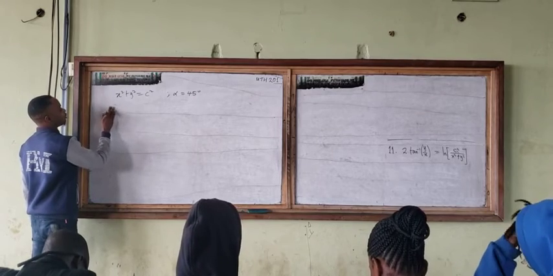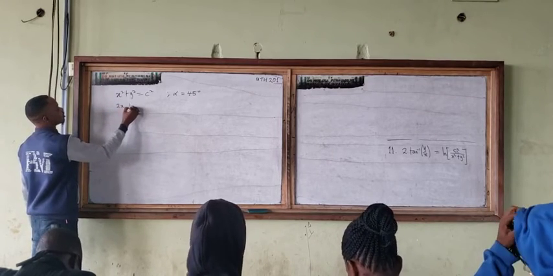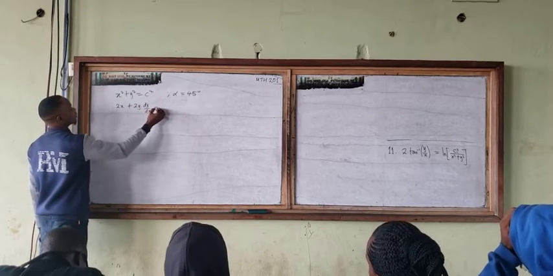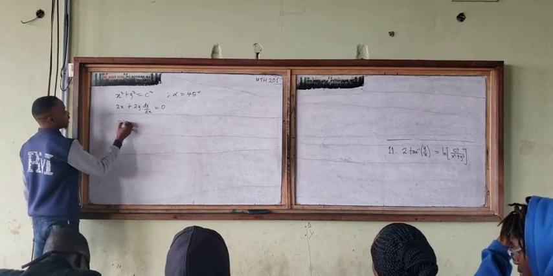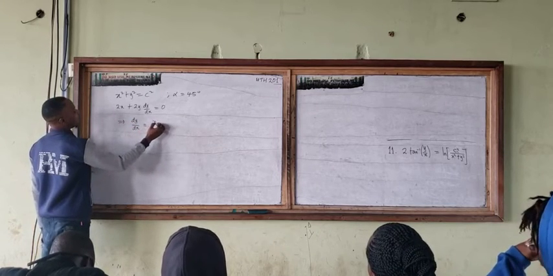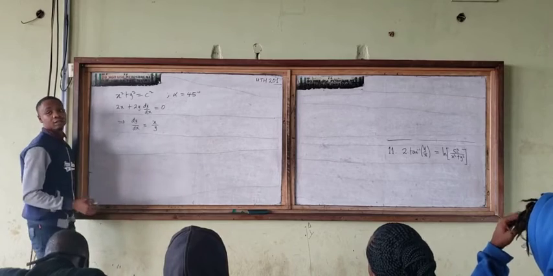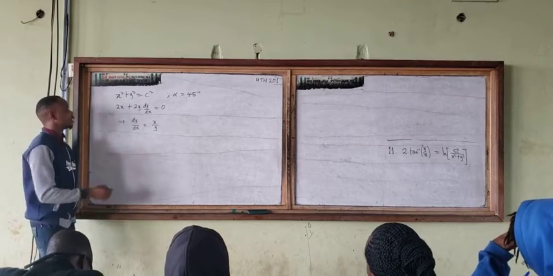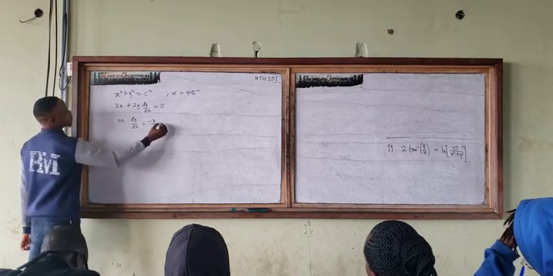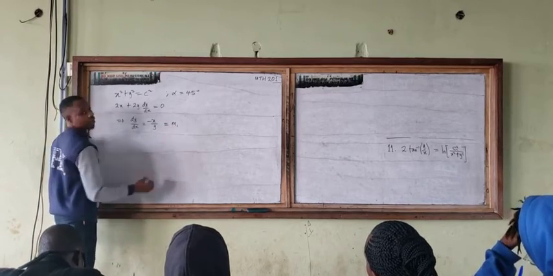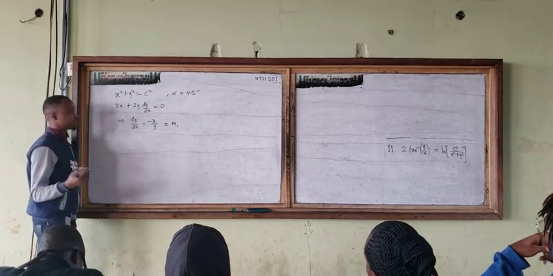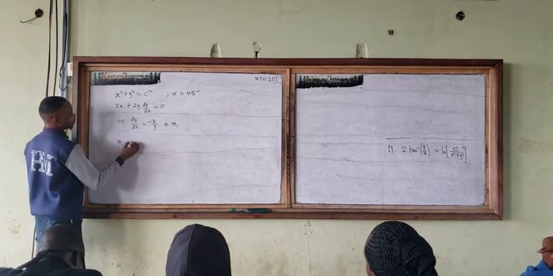Now we differentiate this implicitly: 2x plus 2y dy/dx equals 0. And from here, we get dy/dx is equal to minus x over y. Is that correct? Everybody got that? That means this is your M1. And then for you to get M2, which is the gradient of the oblique trajectory, you say that M2 is equal to